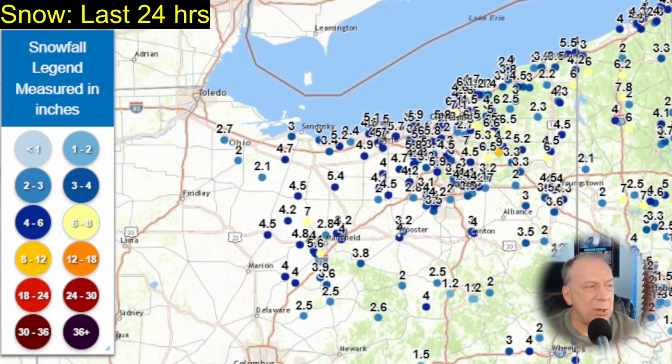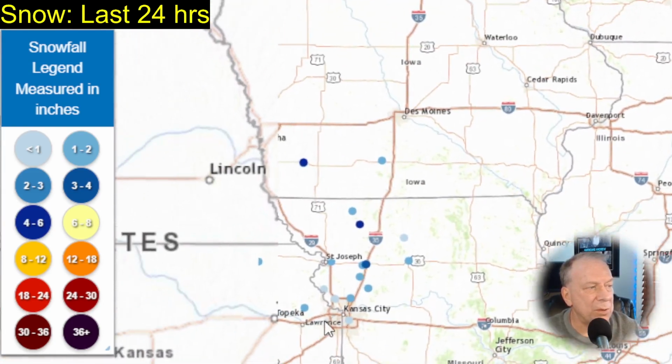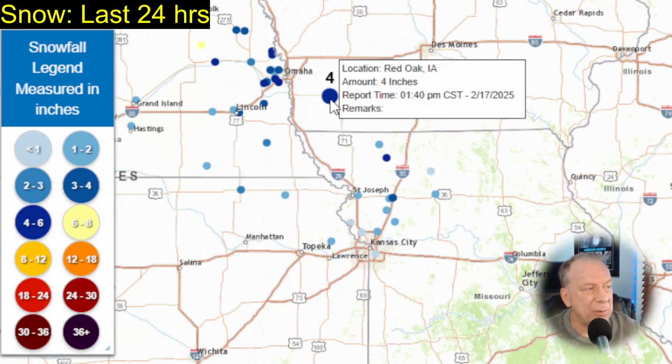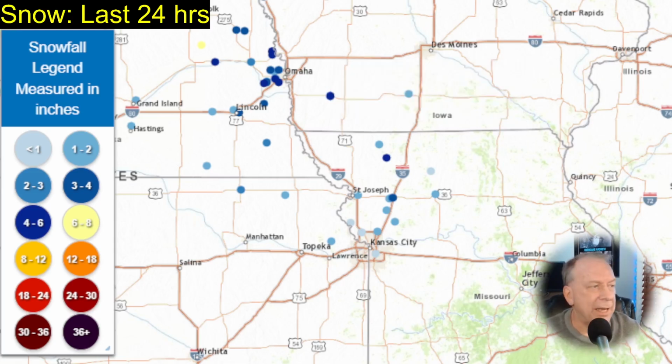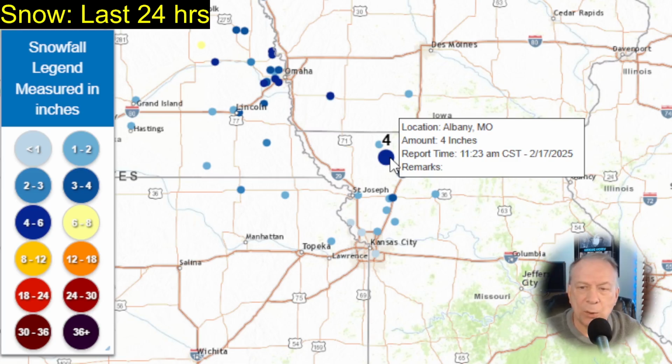And the only other snow that is going on right now is this little disturbance through northern Missouri. This isn't the main storm that you may have heard about, but these totals haven't been very much. But we had a 4-inch total there near Red Oak, Iowa. And also in northern Missouri, looks like we have about a 4-inch total there around Albany, Missouri. And that just about wraps it up for the snow in the last 24 hours, but a lot more is